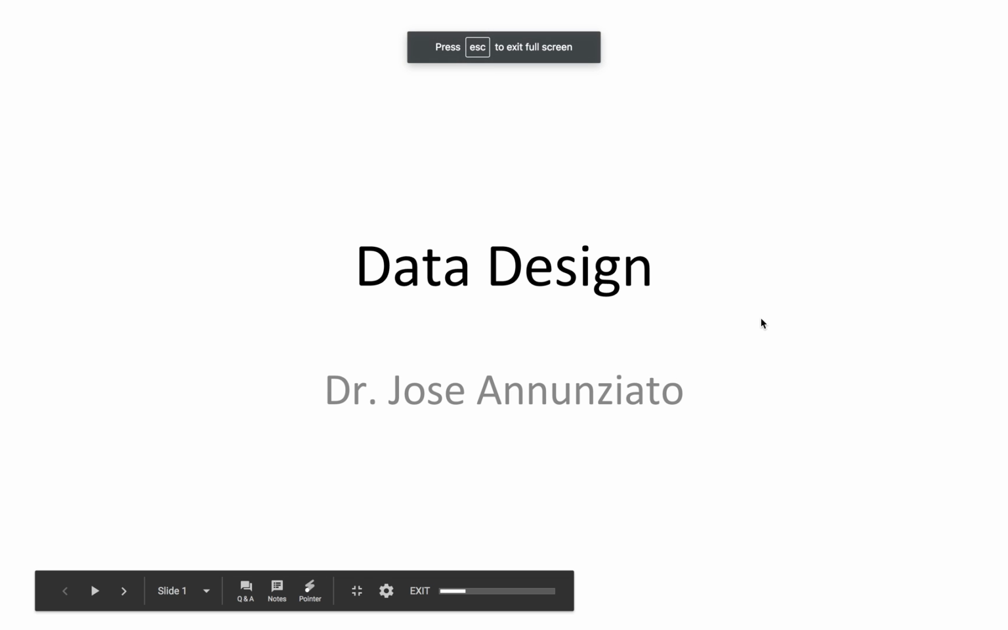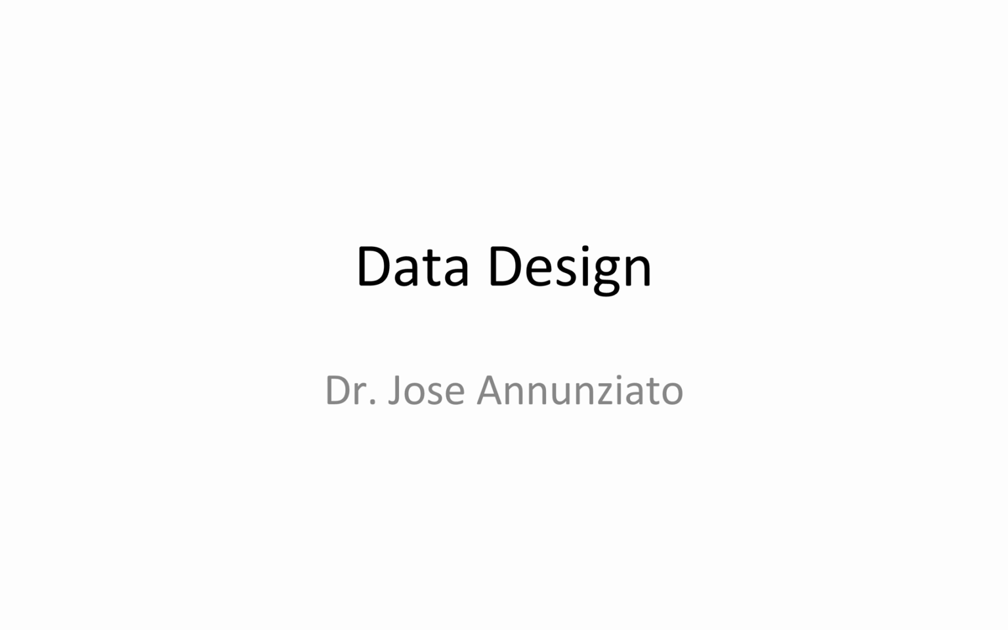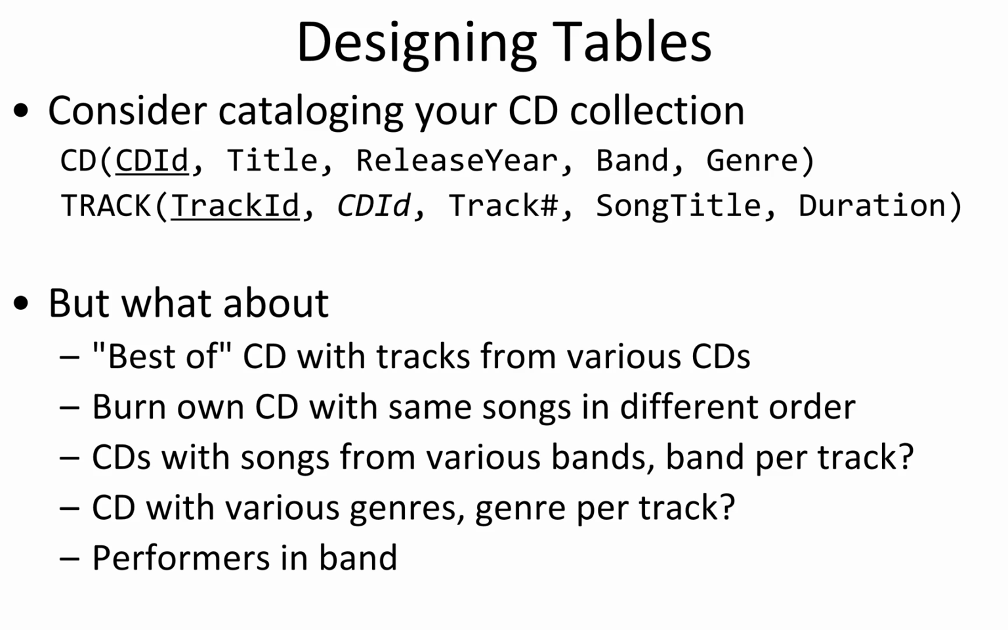All right, let's keep going talking about data design now that we've talked about class diagrams and associations and multiplicity and whatnot. Let's take a look at actually applying some of these to designing a very simple database. In this case, we want to be able to keep track of our CD library, and we were capturing, for instance, the title of the CD, the release year, the band, the genre, and for each CD, we are